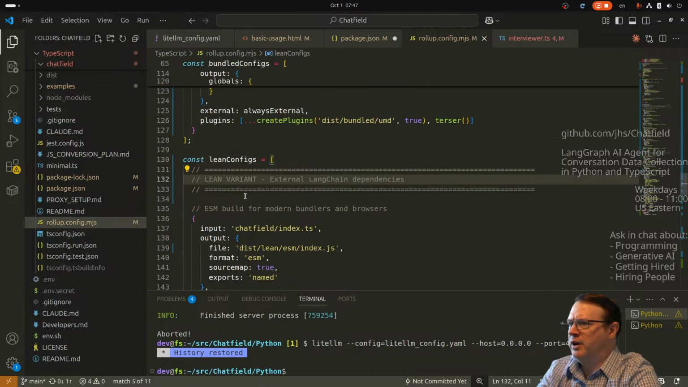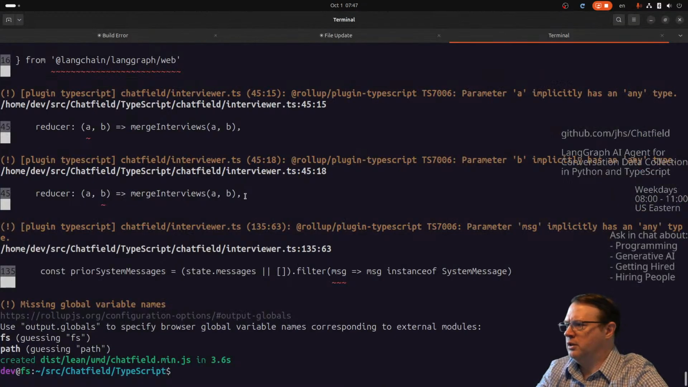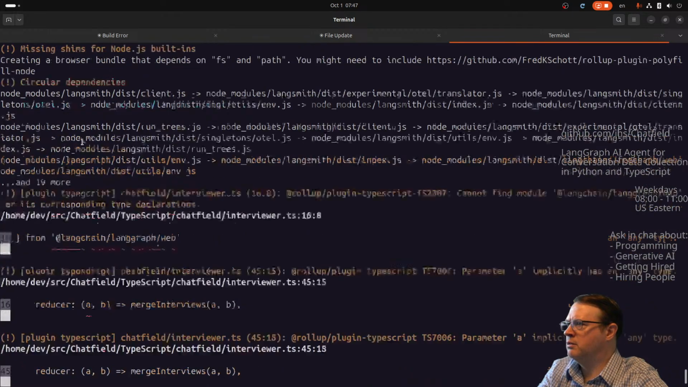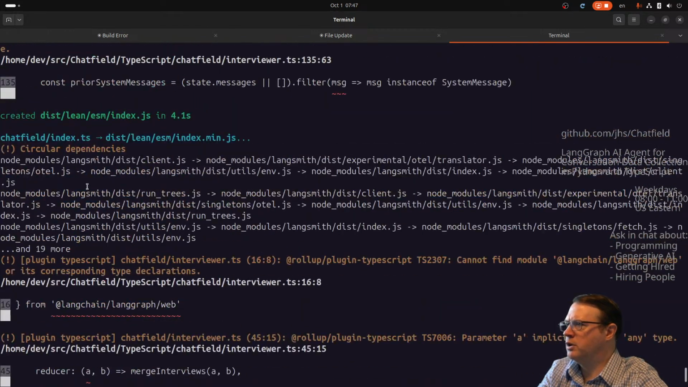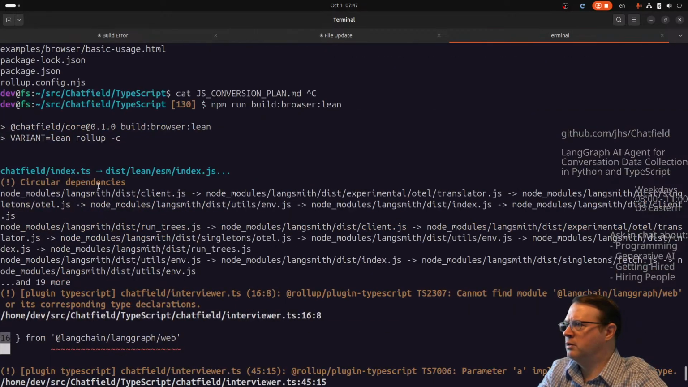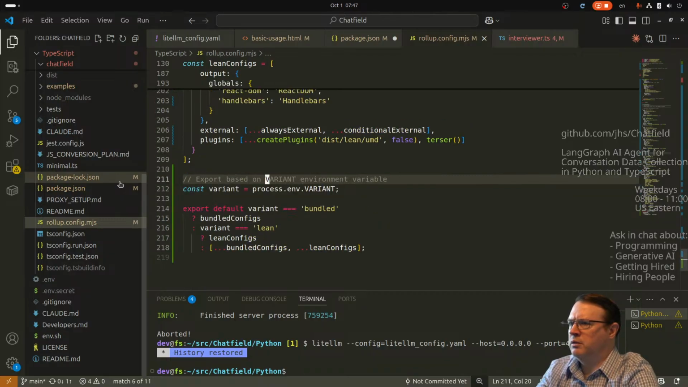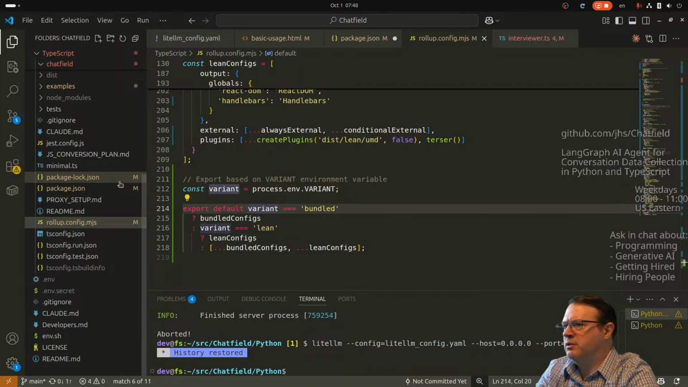Oh, maybe that variant's not working. Lean variant. Dist/lean. No, that's working. Lean. Okay. Oh, they put that code in there. Oh, okay. That's okay. That makes sense. Okay. I see. So the variant is